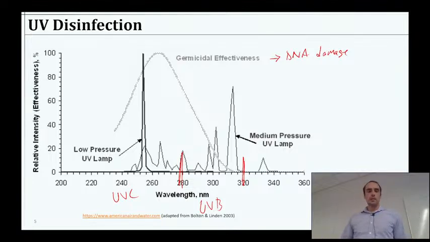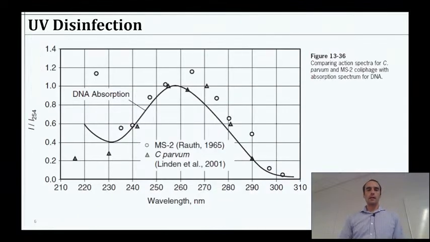Okay, so for the germs then, we want to give them as much absorbance, as much UVC as we can. And that's kind of what it looks like. The way we know that is because we've tested on different types of pathogens and viruses. So MS2 is a virus that infects bacteria. We use it pretty often as an example, as if it was a pathogen. It's not actually pathogenic.